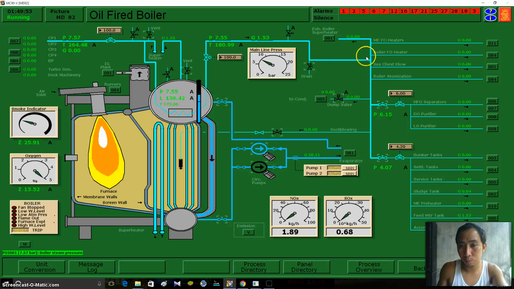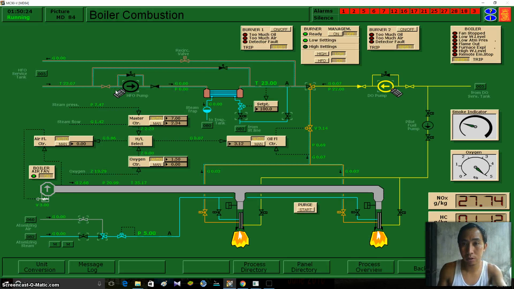Okay, so we have our supply already going to our tanks, purifiers. So these are our heaters. Okay, so our boiler is set, our boiler is ready, our steam is ready, and we are ready to heat our fuel oil tanks and any other system that requires heating. So that's it. We have started our boiler. We're going to check the burner. Okay. Later on, we can change it to heavy fuel. So I think that's our next topic.